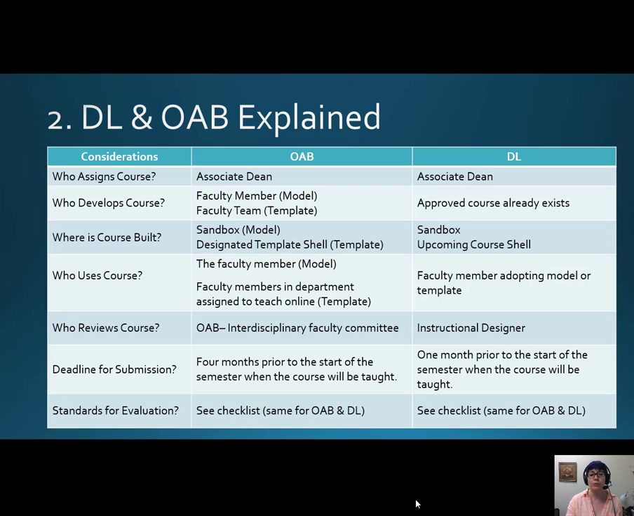Next question is, who develops the course? If it's a course that is meant to be just used by you, the faculty member, then you, the faculty member, design it. And other people can then later on use your course as a model, but it was originally designed just for you to use. And then somebody else can sort of copy it and use it as a model later on, but you alone